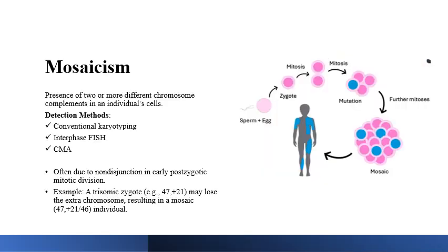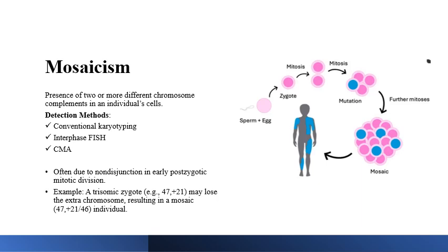Now we can go through mosaicism, and I'm sure I've mentioned this previously in this PowerPoint, but hopefully in the next few slides I can explain what it is. So mosaicism actually occurs when an individual has two or more different chromosome complements. This can arise from early non-disjunction events and often results in milder phenotypes compared to non-mosaic cases, such as mosaic Down syndrome, when a Down syndrome child has a 47 XY or XX plus 21 complement as well as a